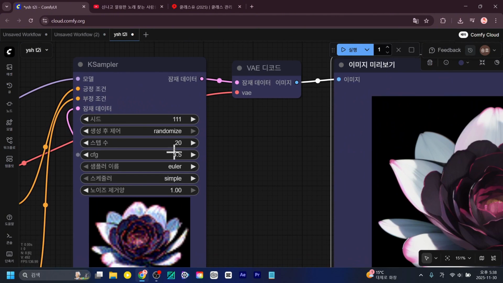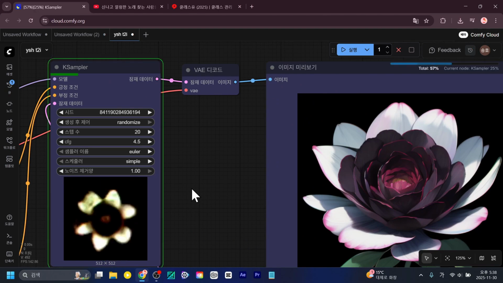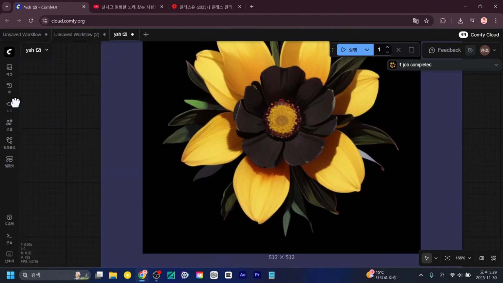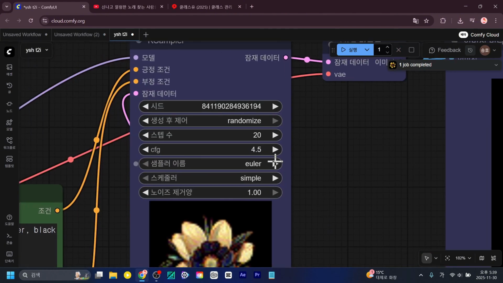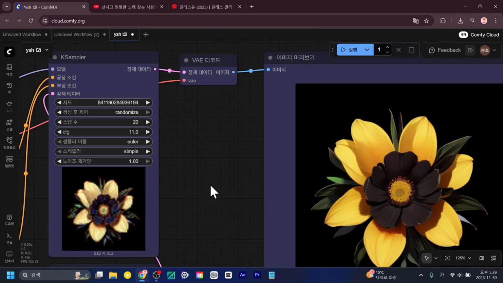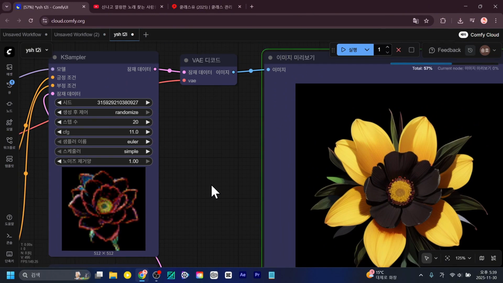The CFG itself is at 4.5. Let's try generating it. When the CFG is high, it can become obsessively fixated and create things in its own unique way. So in any case, it tries to create something that matches the intended purpose as closely as possible. The default value for CFG is usually set to 1, but I've also used it at 8. Let's try setting it to 11. You can gradually introduce more dramatic changes this way.